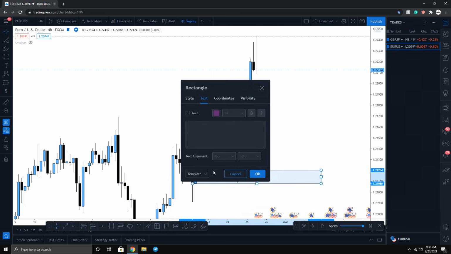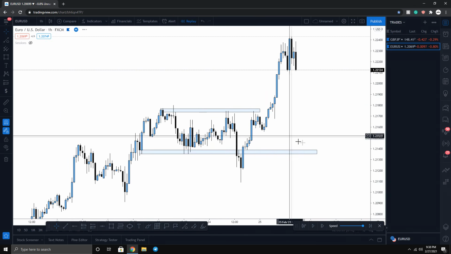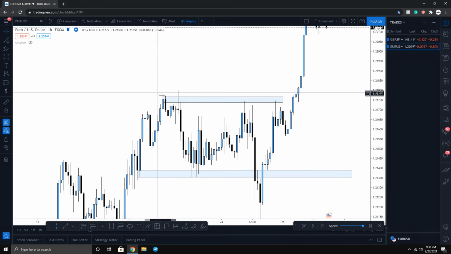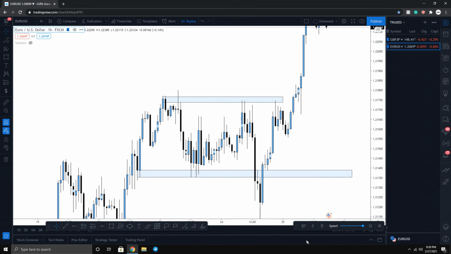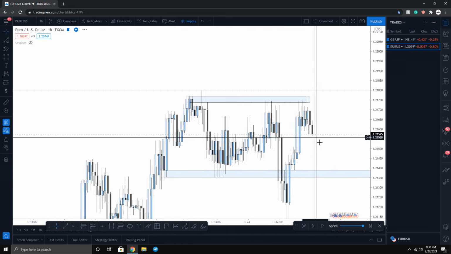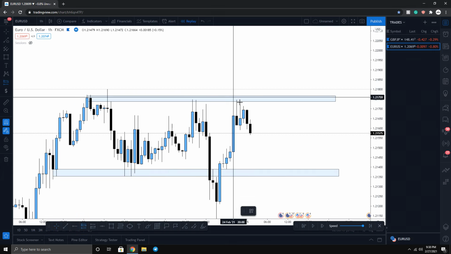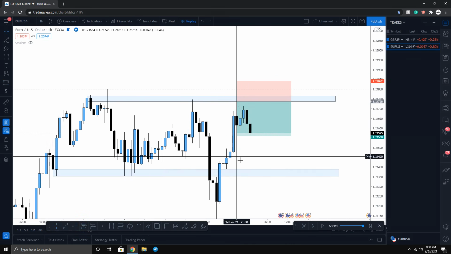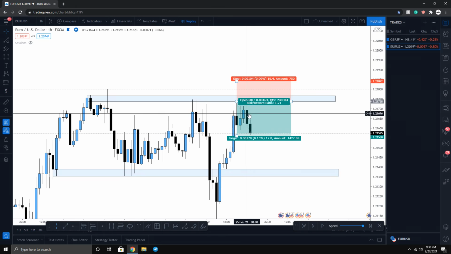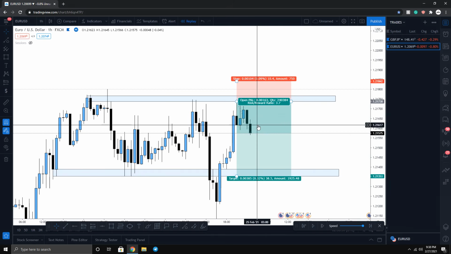Now we can delete this, and now we're going to analyze what happened right over here. Going to the 1 hour time frame, we can see that the market came in here once, twice, 3 times, and then a 4th time. Now if you go to replay mode, right, and you check the 4th time, what did the market do? The market came in here, it entered everyone who's looking for sells inside of the zone. You have your stop loss above. Now the market rejects, shows you bearish engulfings, and it's basically telling you that the market is rejecting, everything's going your way perfect.